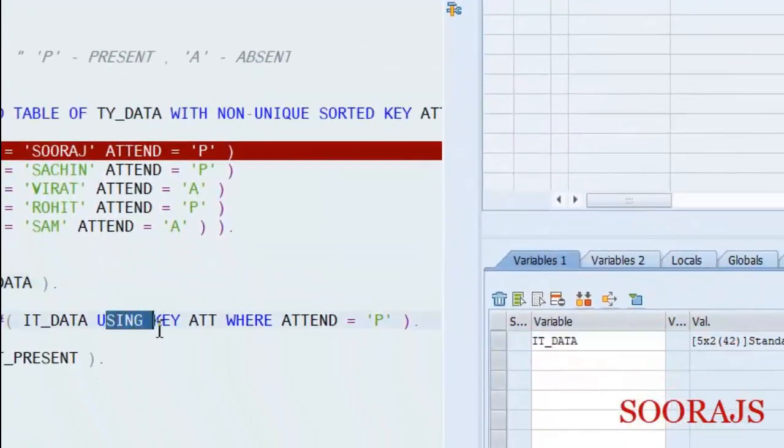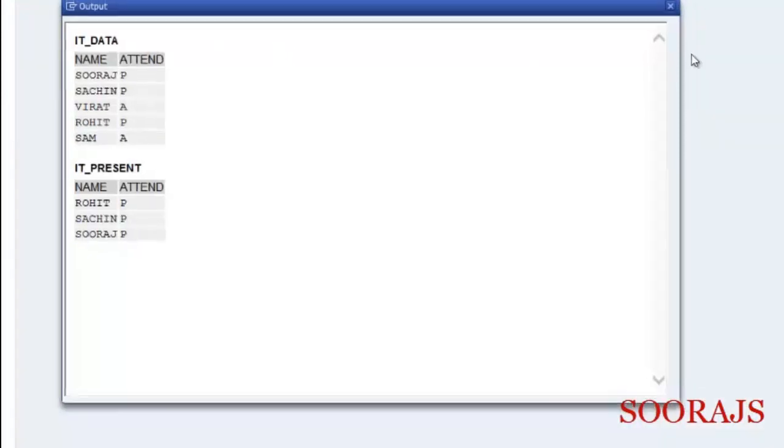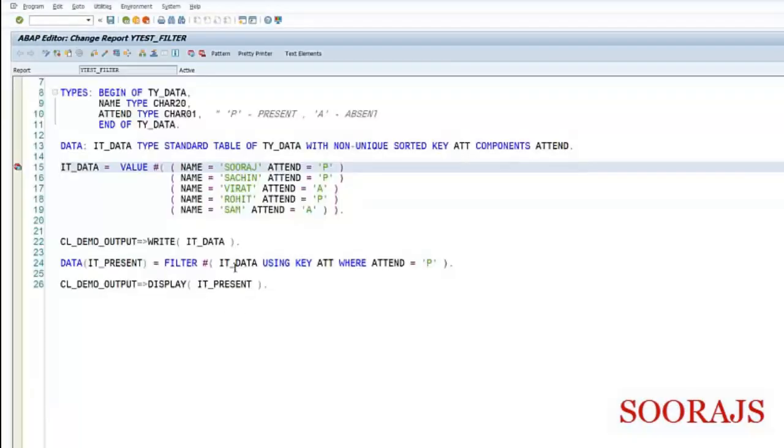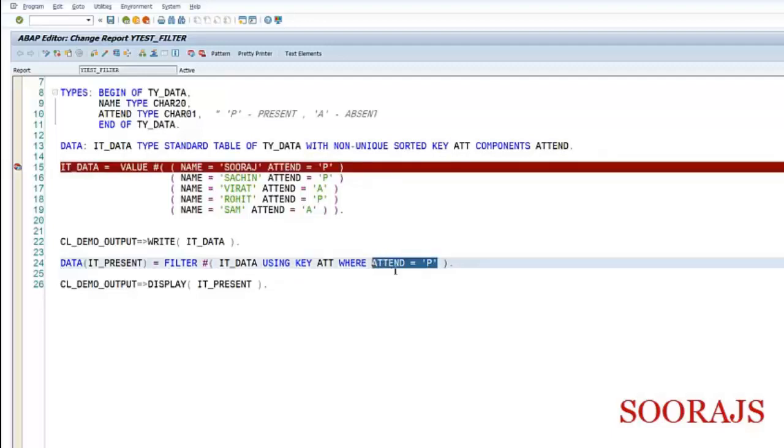The only additional keyword which I have to use when using a standard table is the using keyword. F8, and now you can see the output. So this was a simple filtration based on some condition.